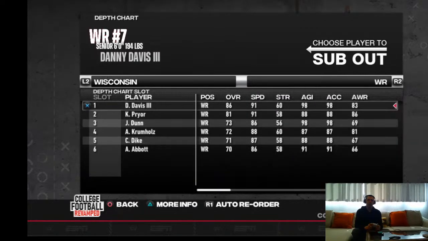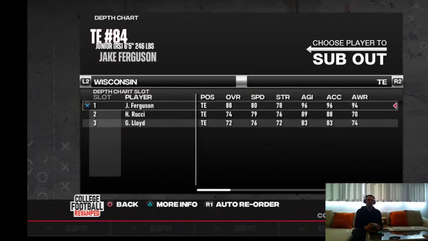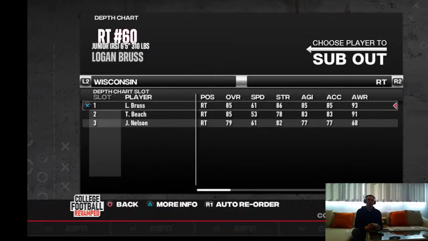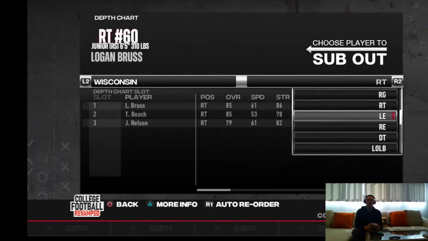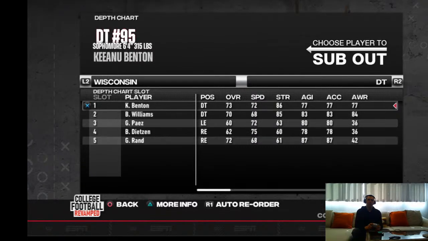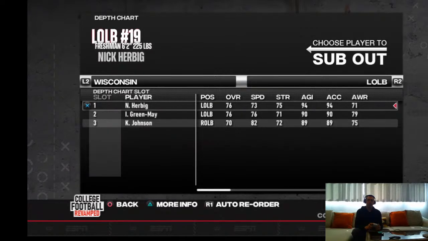Go back to the receivers. I mean, they got some guys who can catch the ball. It's weird they run so much. They're almost built more to pass. Boy, their left tackle's a monster. The rest of the line's okay. Good tackles. Loudermilk, what a name. Isaiah Loudermilk. So they got some pretty good ends. Okay, so there's a weakness, right? Defensive tackles. We can run right at those guys.